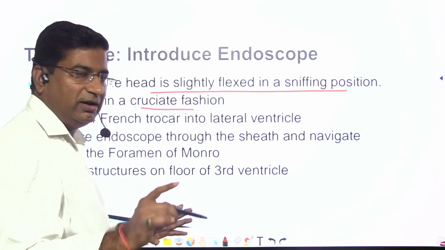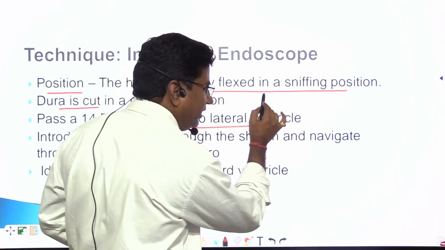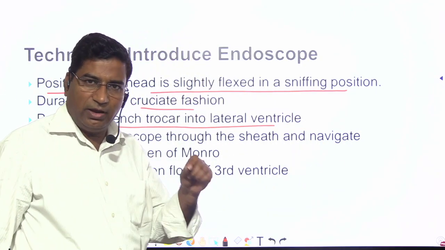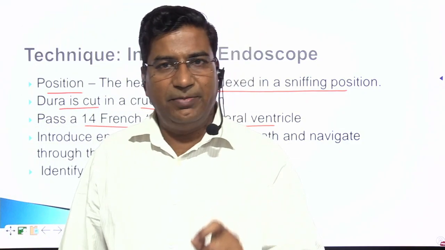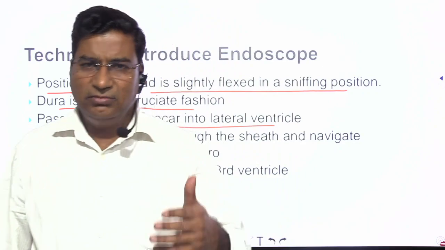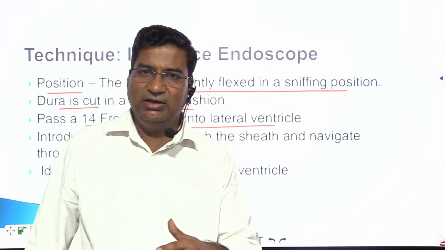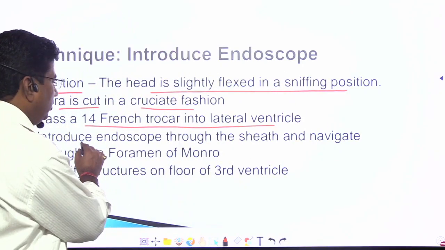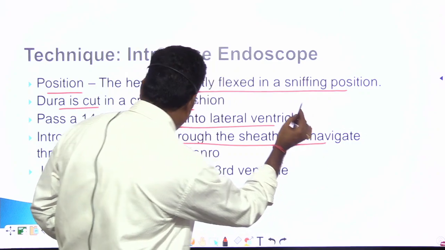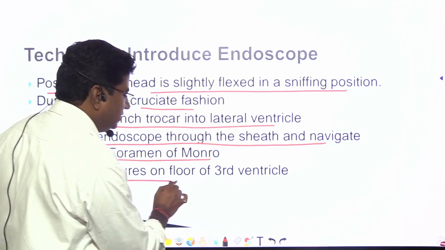Before you further pass a 14 French trocar into lateral ventricle, or before entering the trocar, you may also confirm by the brain cannula, or after repeated surgeries you have done, you are well aware about this and you go directly through the endoscope. Introduce endoscope through the sheath and navigate through the foramen of Monro and identify structure on floor